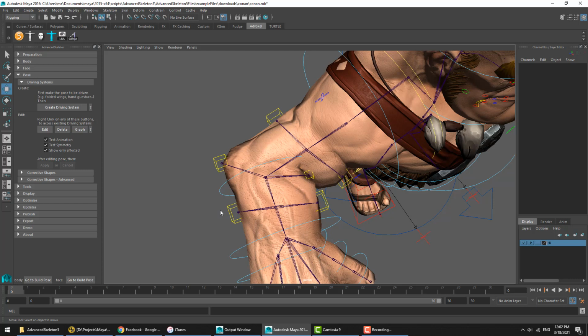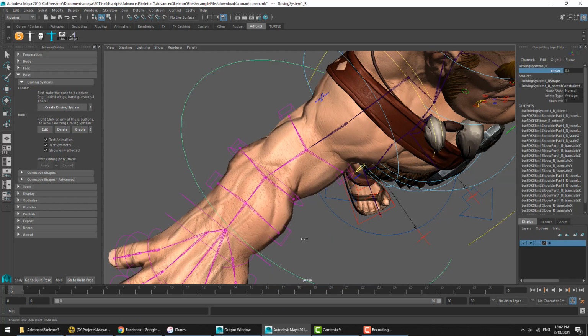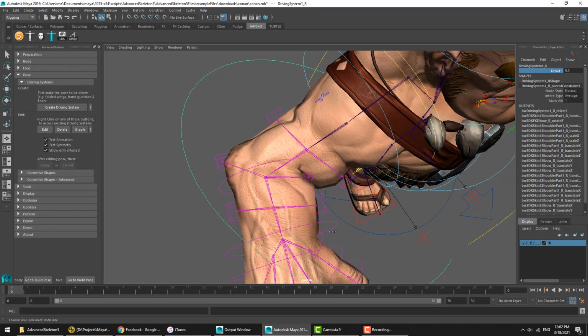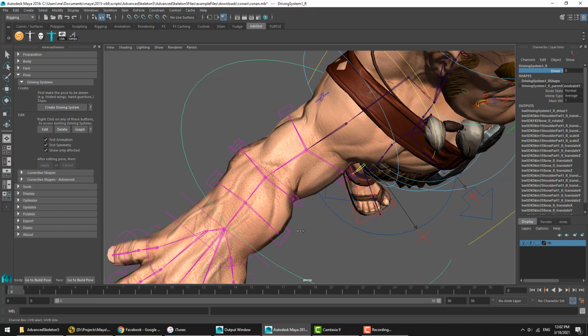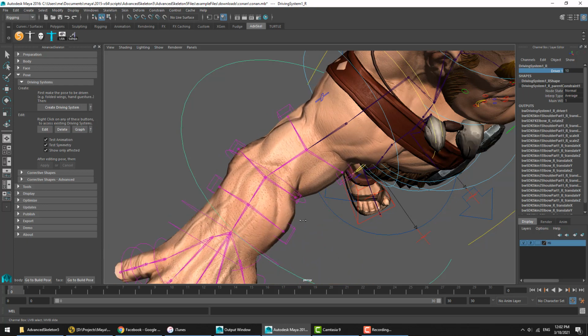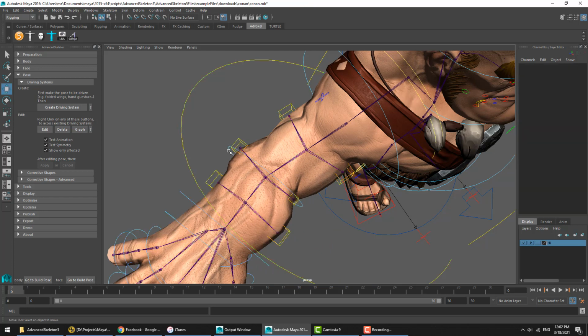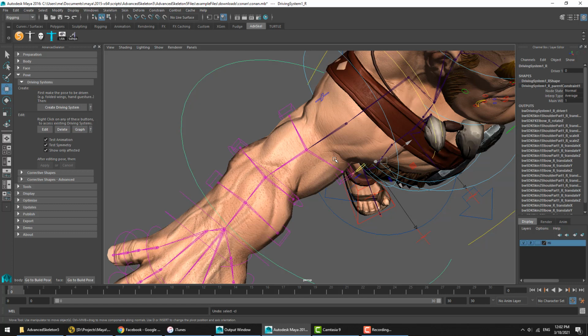What we get is a brand new controller that has an attribute, and when we change that value, it drives all those things into position. Now, that is not what we wanted. We wanted these corrective controls to move automatically based upon the rotation of the elbow, not a new controller. So I'm gonna hit undo,